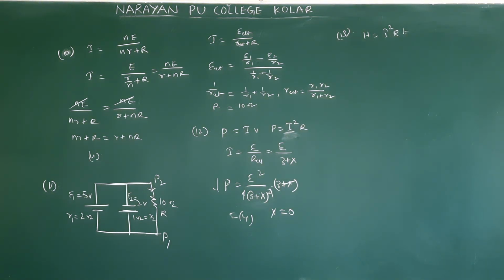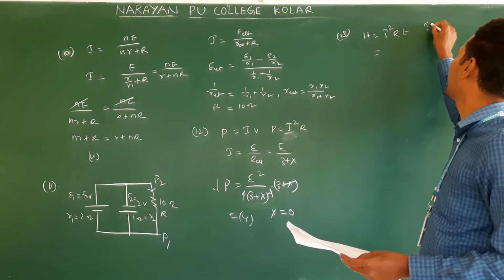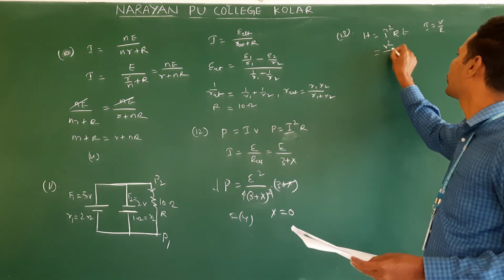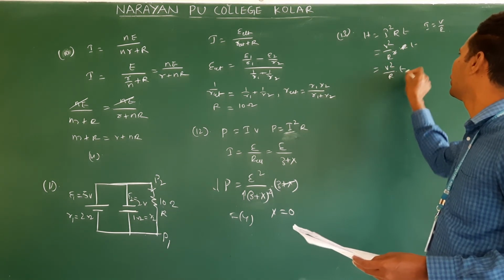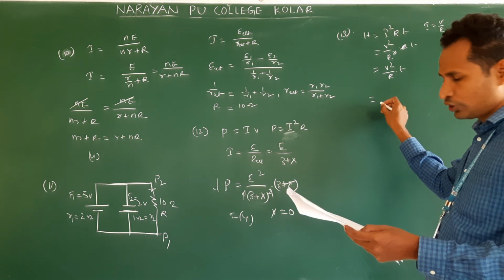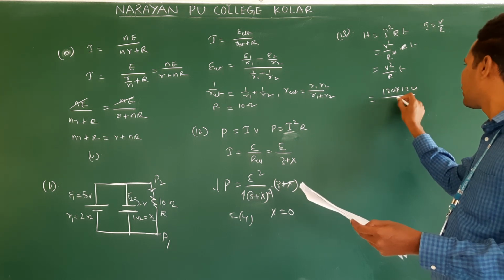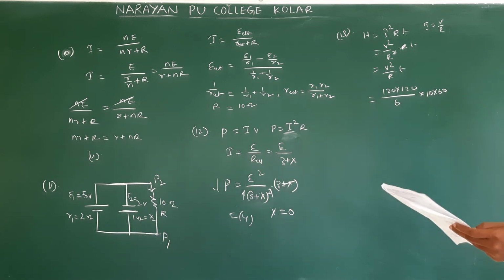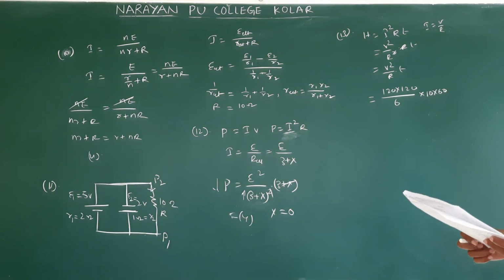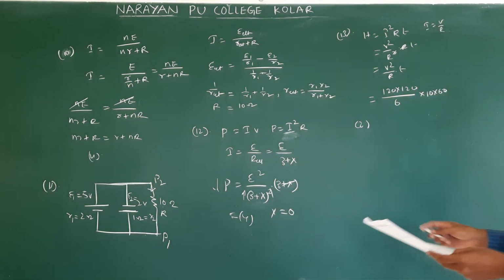Clear? Understand? I is required. How do you write I? I is equal to V by R. So V square by R square R into T. 1 R will be cancelled. V square by R into T. V is already given. How many volts? 120. So 120 into 120. What is R? R is given 6. How many minutes are given? 10 minutes. So 10 into 60 seconds. Calculate, we will get the answer. The answer is 14.4 into 10 power 5 joules. Option 2 is correct. Next, 14.